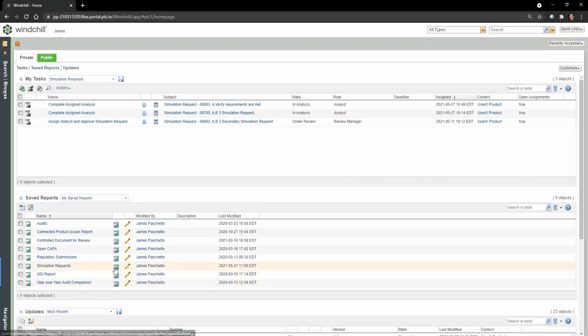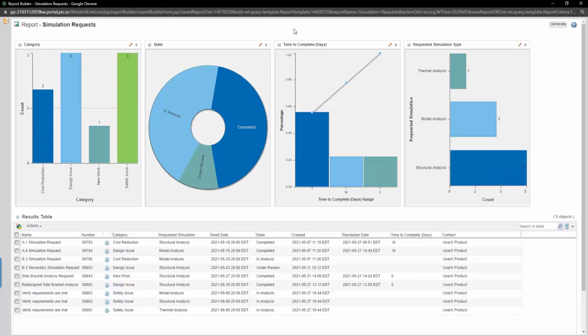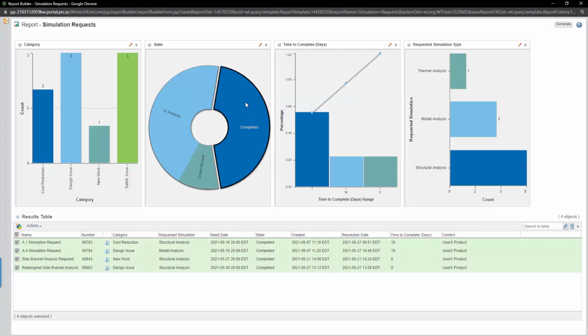One last capability I want to show you here is the execution of a saved report. So as an analyst, I may want to understand all the simulation requests that have been assigned in general or specifically to me. So I can run a report to extract all of those types of requests and create this dashboard so I understand the